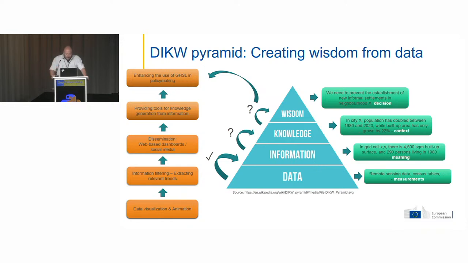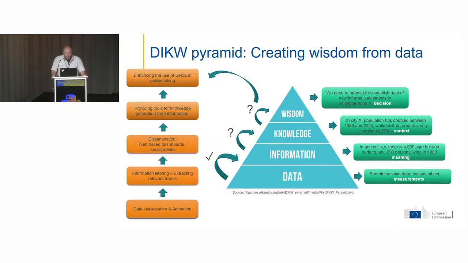So we receive these data sets, and then we convert the data into information, basically by giving them a meaning. For example, you can say in grid cell XY, there is that amount of built-up surface and that amount of people living in a given year, right? And then the next step would be to convert information into knowledge. Knowledge basically means we put information into context. So here we could say city X, population has doubled, whereas the built-up area has only grown by 20% in